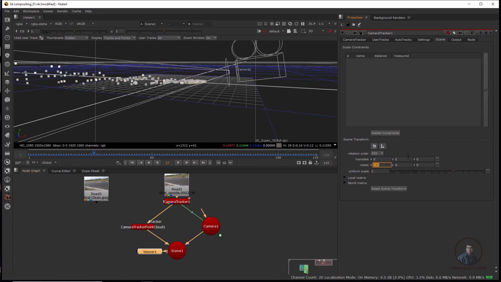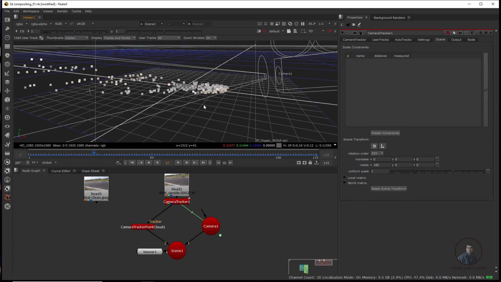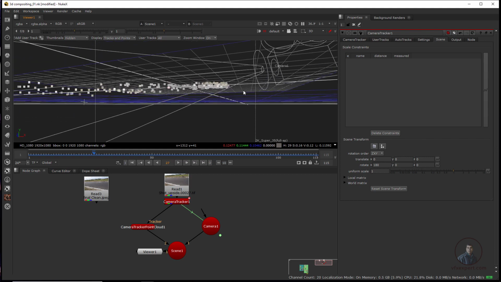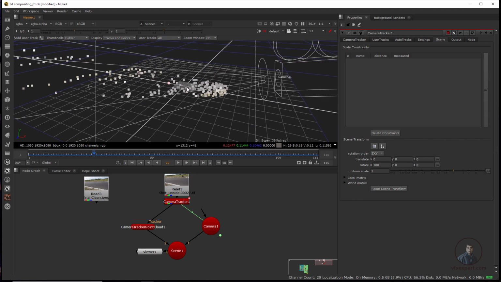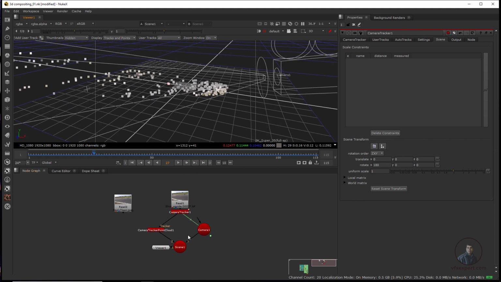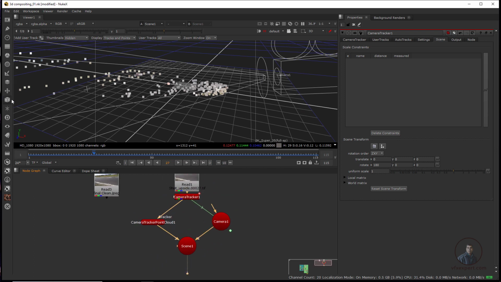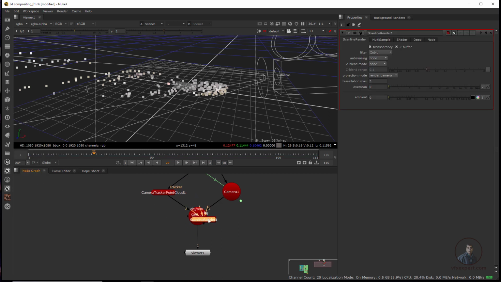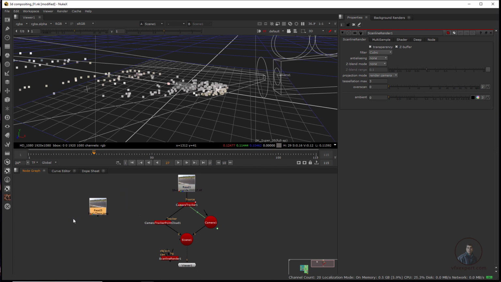I think this is sufficient. Now here you can see all points on our grid here, and this is our origin. Okay, now after that I am going to take our scanline render, then click on 3D option, scanline render. Okay, so just temporarily I am going to take background, this one here. Press dot here, connect it here, again select this one.